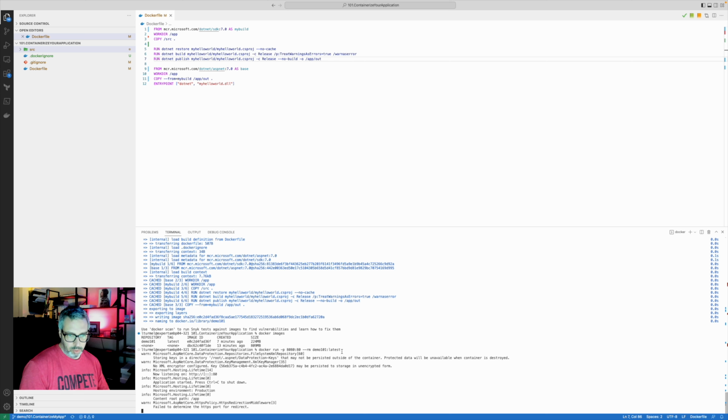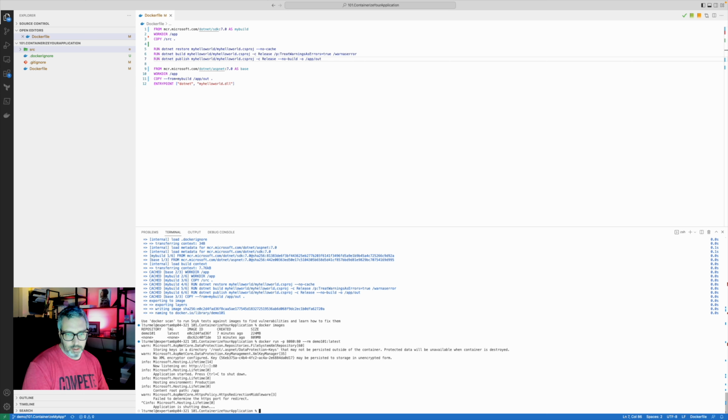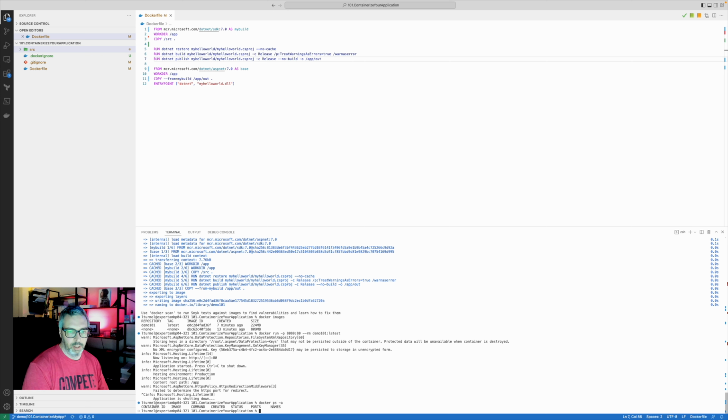So I will do a Control-C. I will look at docker ps -a. I don't have any running container. It's useful to know the command docker run, but personally, it's not my preferred way of working